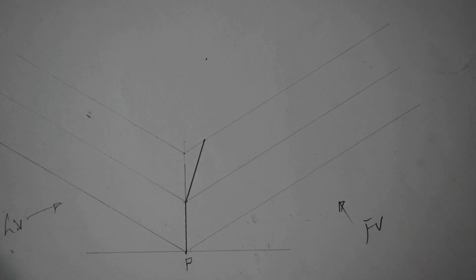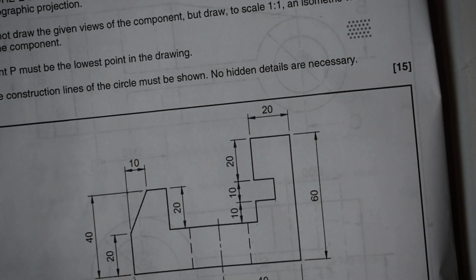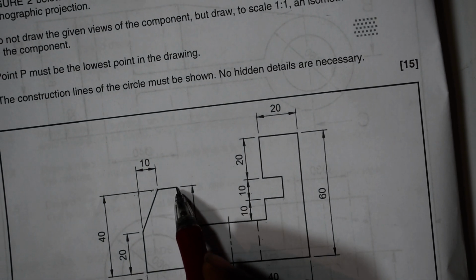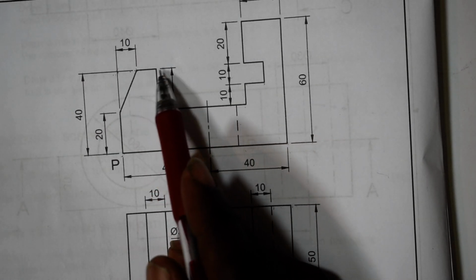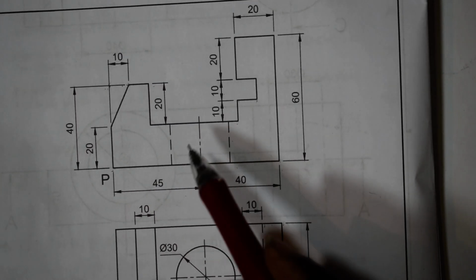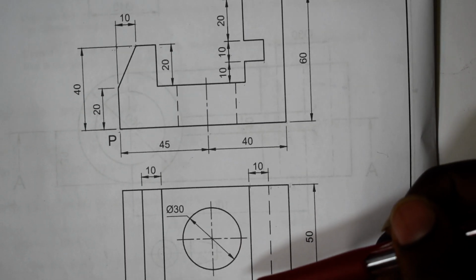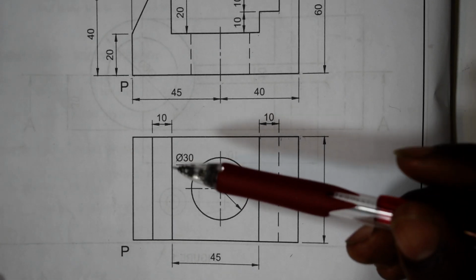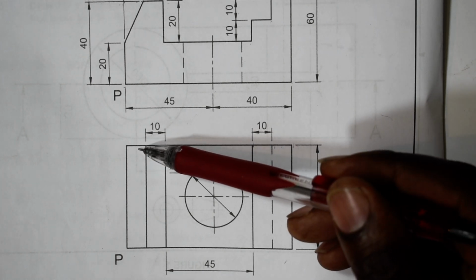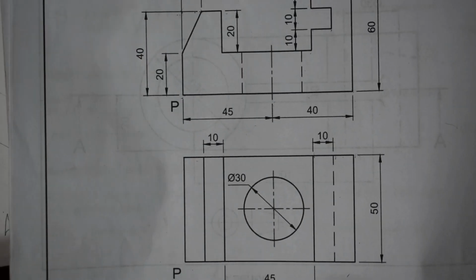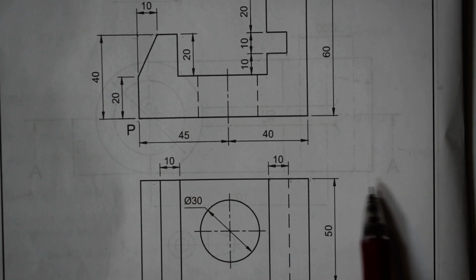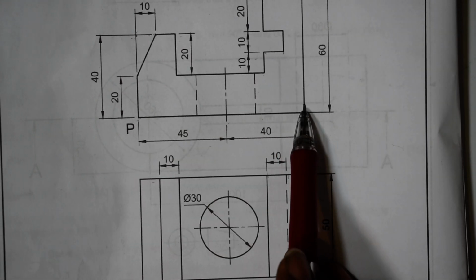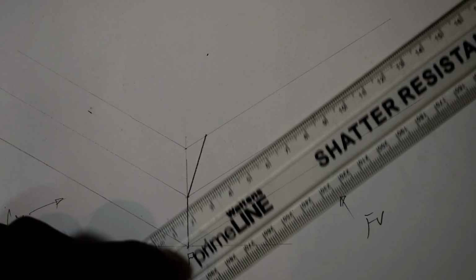So remember, this is what I have. You get it? So now from here till here seems to be a missing dimension. If it seems to be a missing dimension, you go back to the other view, which is your top view. So we are told what is 10 millimeter. You get it? Because the front and the top, they will always share the same length. Because from here till here is length, from here going up is height. So my 10 millimeter,